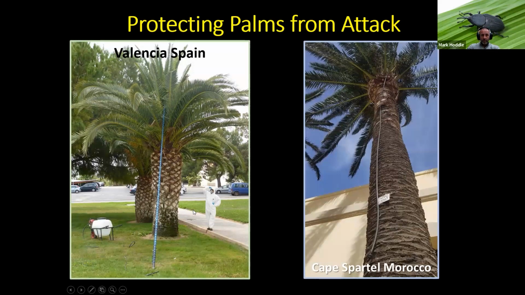So here in Valencia, the applicator has this long pole, pressurized pump here, and the insecticides are moved up through the pole, and they basically drench the crown this way. At Cape Spartel and also in other parts of Spain, they attach these permanent lines, essentially polyethylene irrigation pipe, that they run up into the crown. They're attached permanently to the trunk, and you apply your pressure pump here and then just push the insecticides